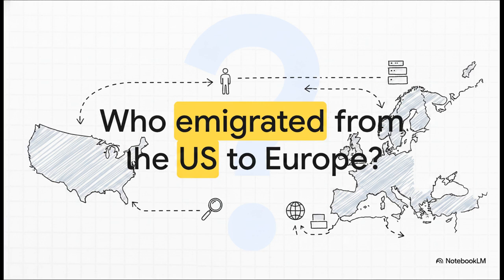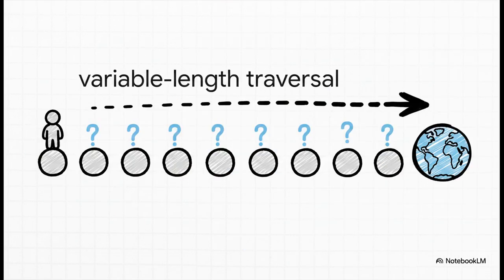If you break this down, the database needs to find a person, look at where they were born, traverse upwards through a geographical hierarchy to see if that specific birthplace is ultimately inside the US, and then look at where they currently live and traverse upwards through that separate geography to see if it ultimately lands in Europe. The absolute hardest part of this query, and honestly the thing that makes it nearly impossible to efficiently hard code